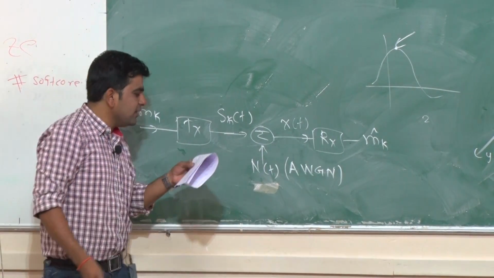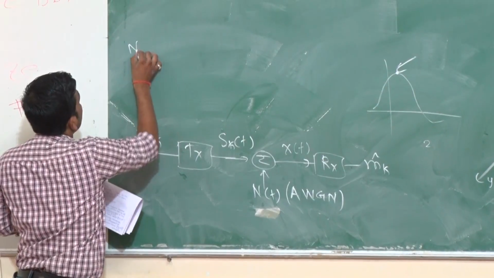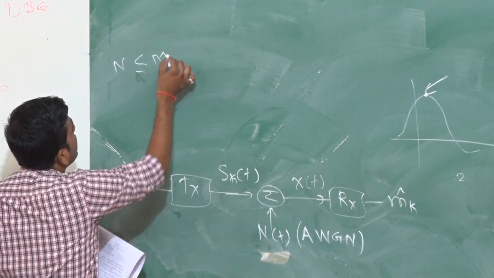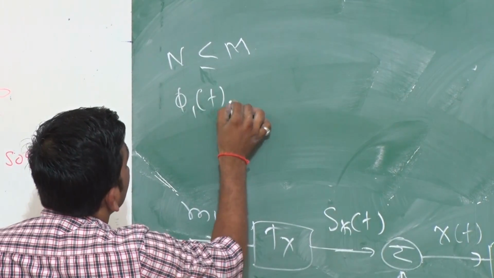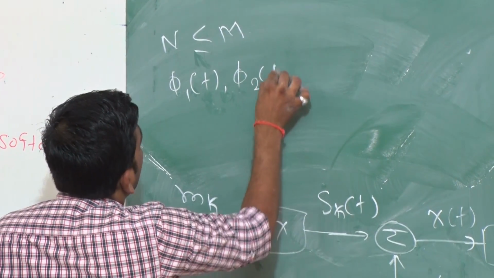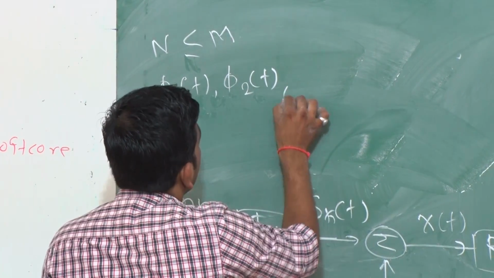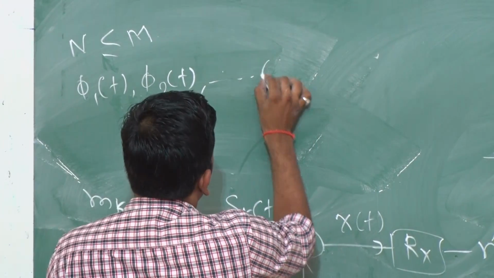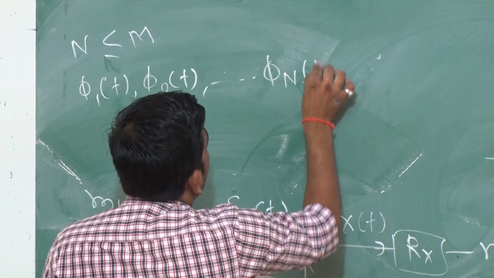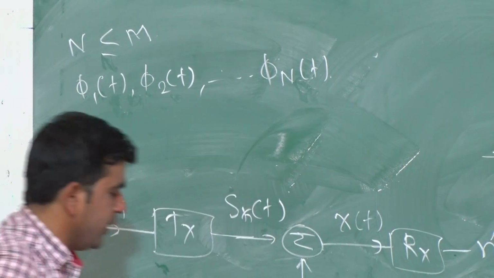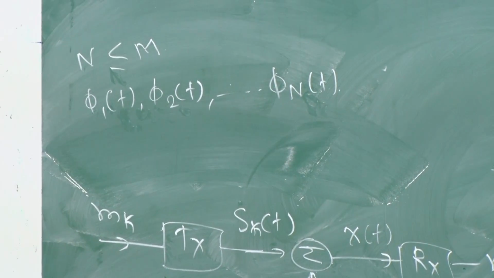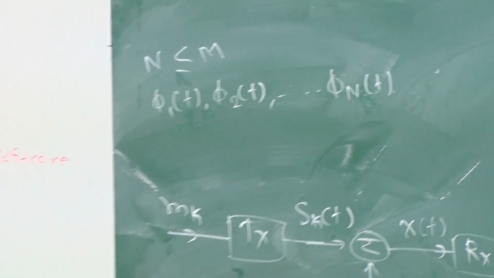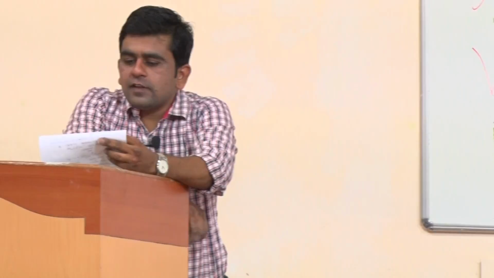So we can represent this signal where capital N is less than or equal to capital M. So we require phi 1 of t, phi 2 of t up to phi N of t, the orthonormal set of orthonormal basis signals